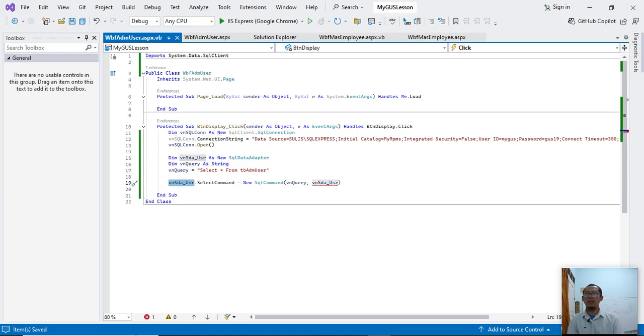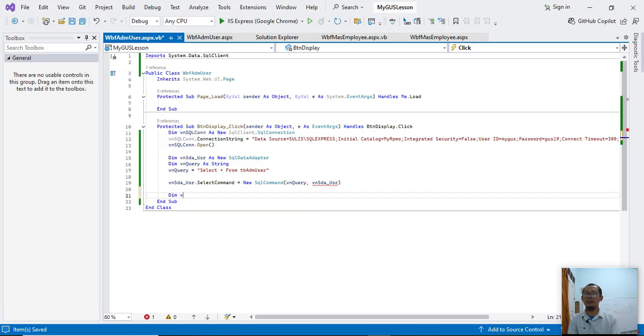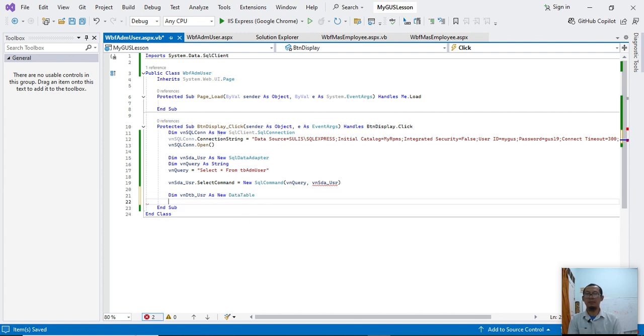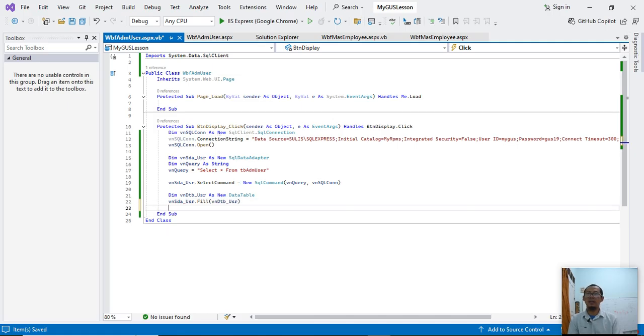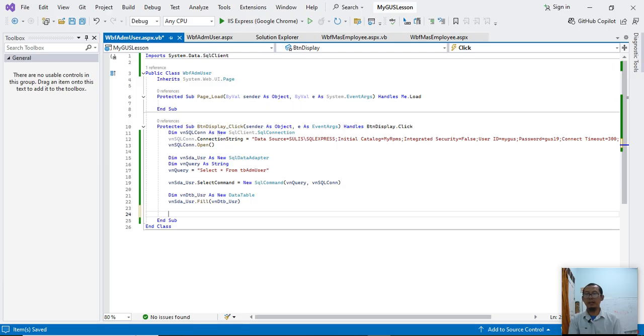Now let's create the data table, vndtb usr as new data table. We have to set up the connection for the data adapter. Now the data adapter must fill the data table.